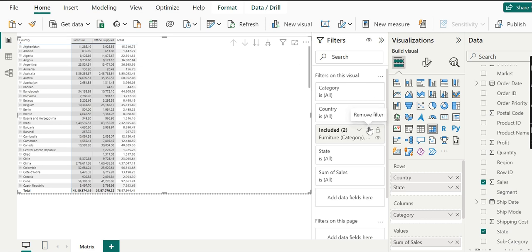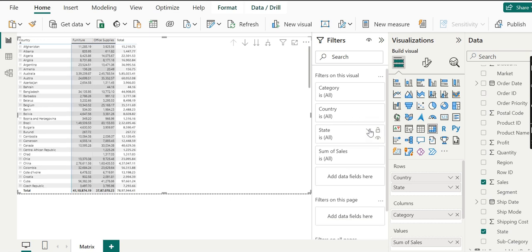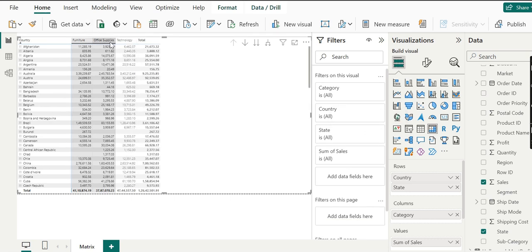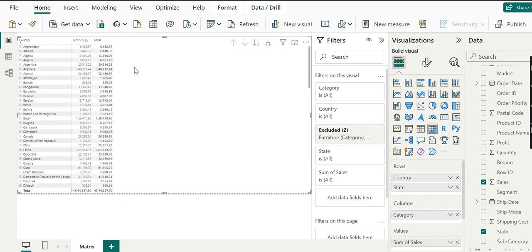In a similar way, if I remove it from here, we can do it for exclude. So we can see the appearance changes. We can do multiple selection in the matrix, and we can interplay between multiple selection and the filter pane. I hope you got the point.